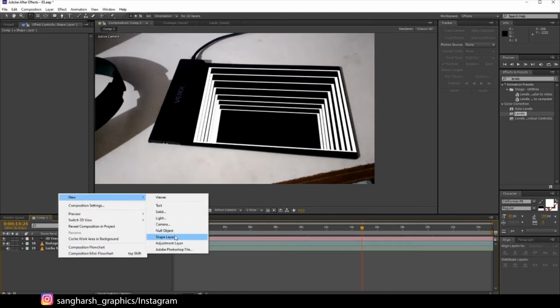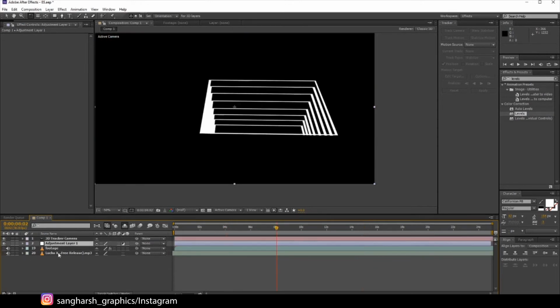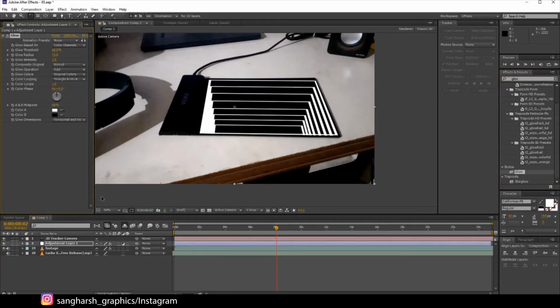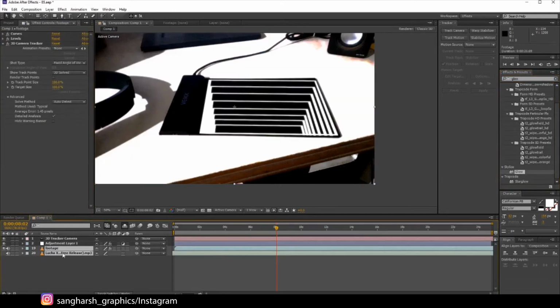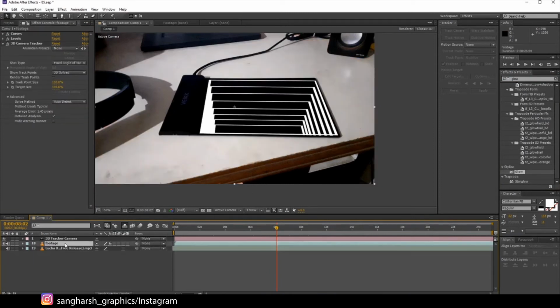Let's make a new adjustment layer. We can do one thing, apply glow on it. And let's just do one thing, the glow is applying to all of the layers.